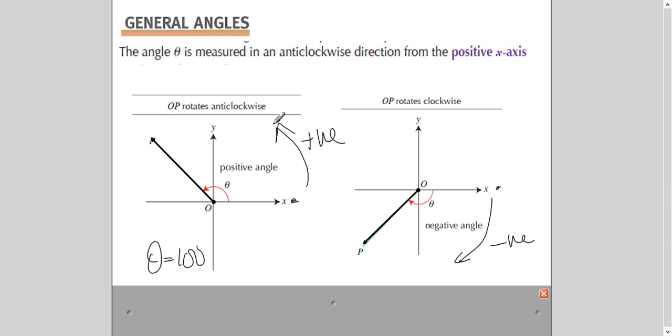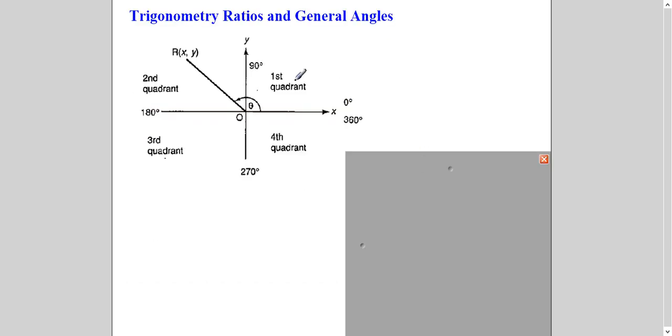So remember it, we will use the application of this in solving equations. Like I said, in this chapter there are 3 things: sketching, identities, and solving equations. But this basic and general angle is the foundation of each. So that's why we need to have a concept of this also. Now, if you have a calculator, you can put the video on pause and try out what I'm saying.